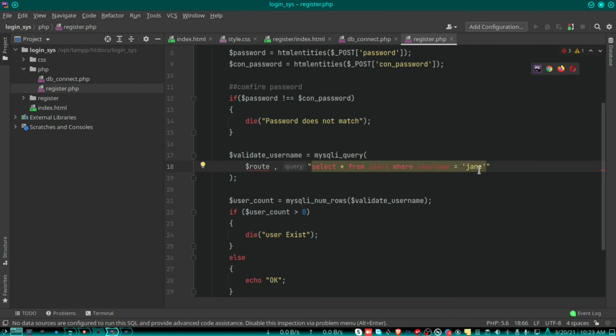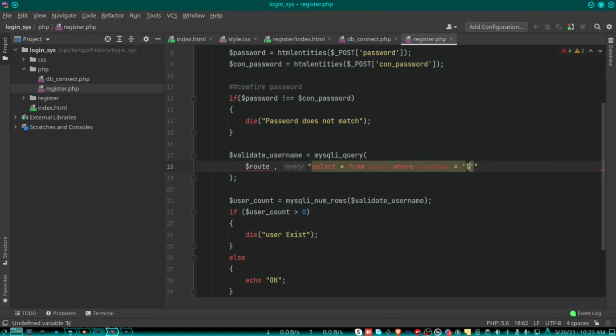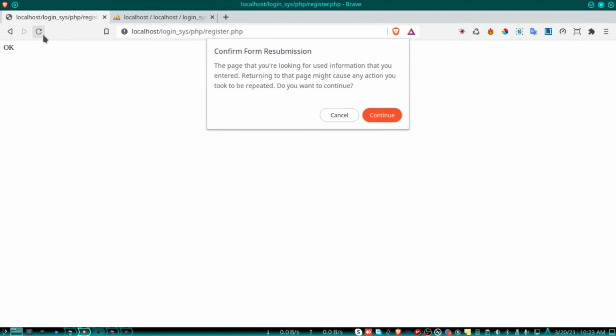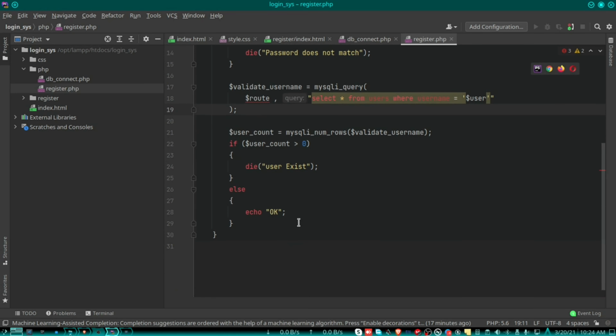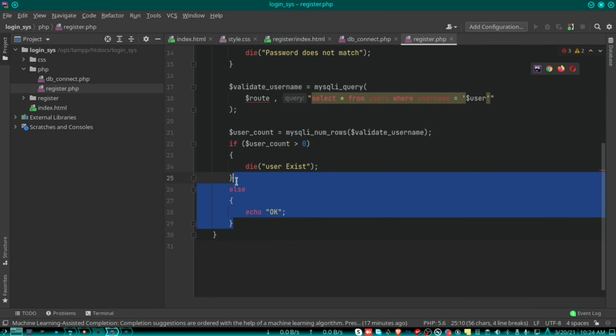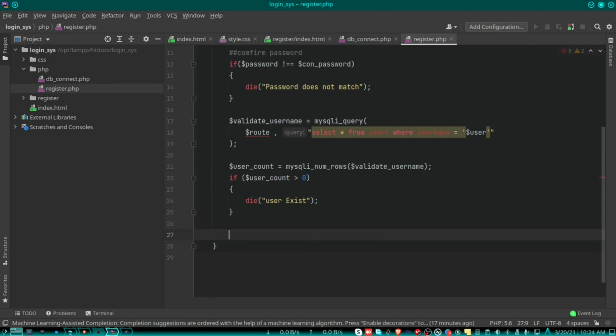It says okay, so let me change this to Jane. Oh no, not Jane, but user. And then why? Okay, it says user is okay, so I just needed to bring this comment. They're like these quotations, like single quotes. So it says okay because we don't have a user with that name. Since we don't have a user with that name, we can go ahead adding the user to our database. Okay, so we just say